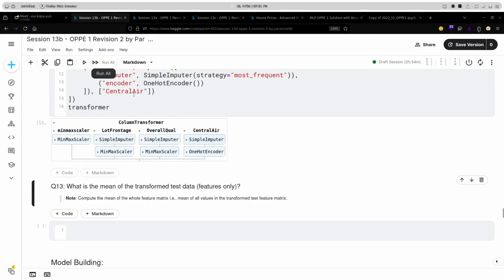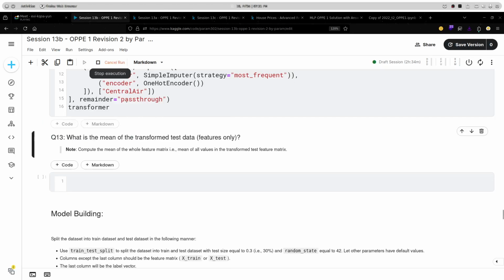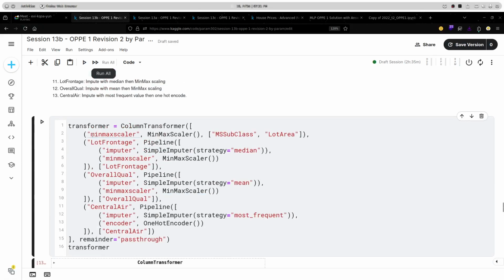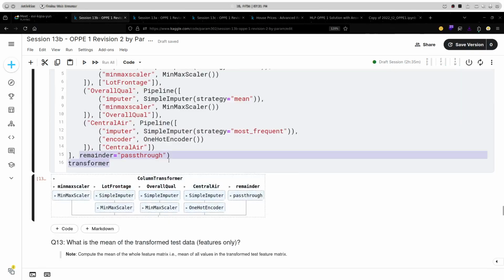All right. For the rest of the columns, what I will do is I'll simply pass this parameter, remainder passthrough. So what does that do? I am doing this transformation on a few columns out of all the columns. So if I want all the rest of the columns as well, then I will add this parameter.